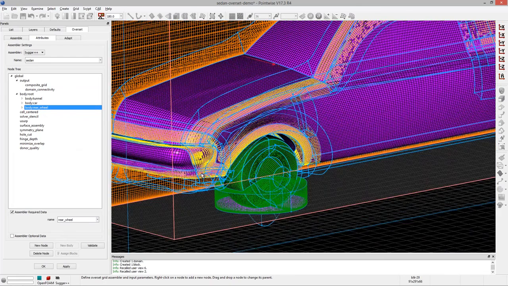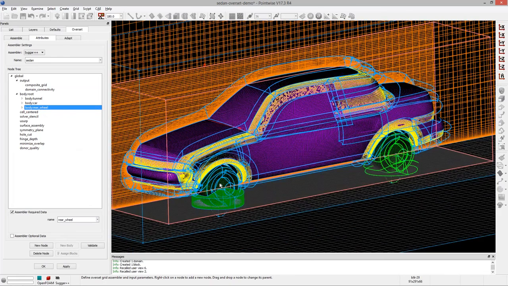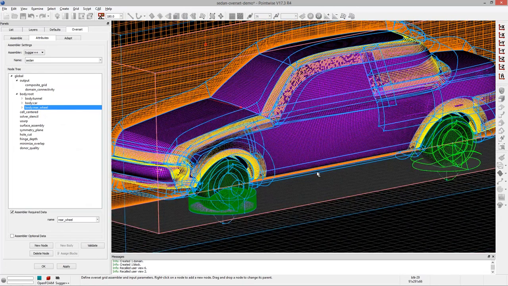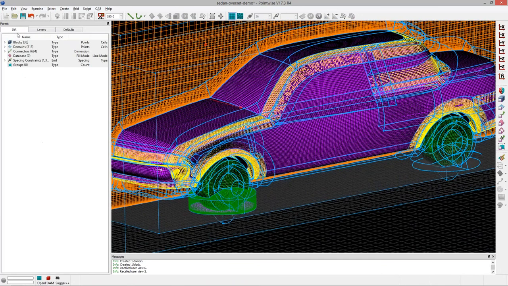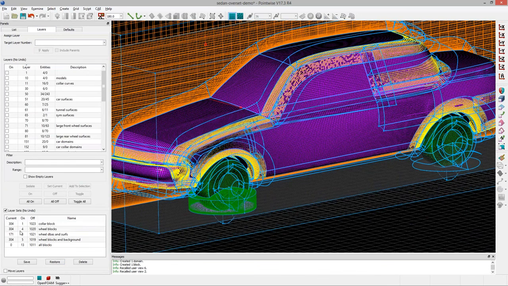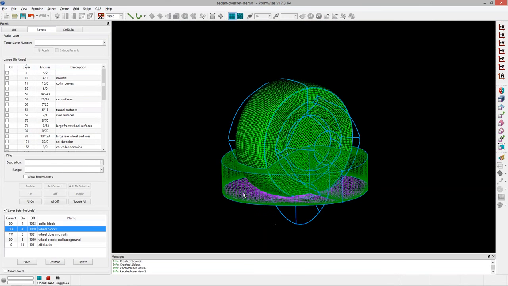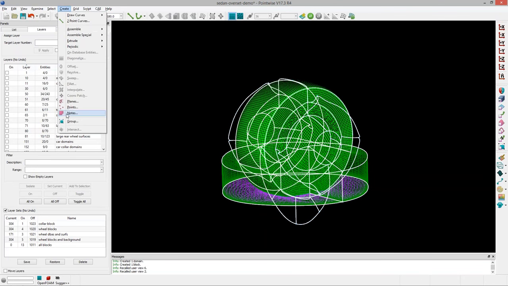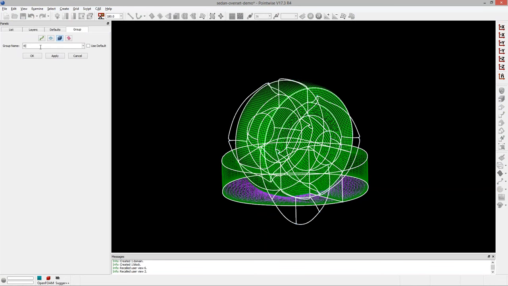However, there's a lot of stuff going on in the display right now, and coming in here and picking the blocks, it's possible, but it could be tedious, particularly if we were looking at something even more complex. So I'm going to go ahead and exit this panel and show you something that's going to save you quite a bit of time. I'm going to go ahead and isolate my wheel block. Let's say we've just created this, okay? When you just create your volume meshes for a particular component, go ahead and select all of those blocks and create a group. In this case, I'll call it front wheel.